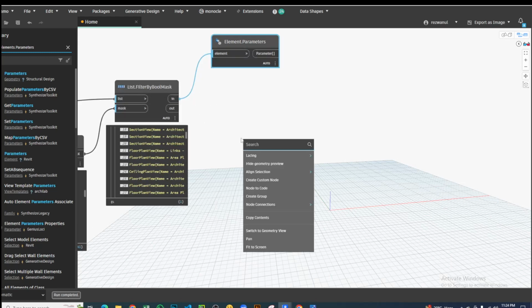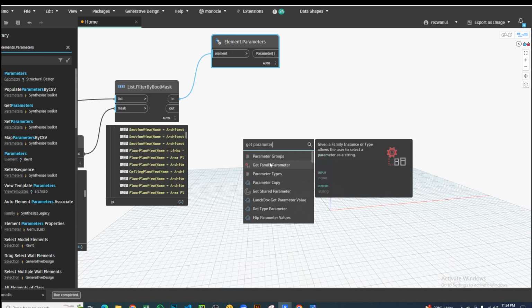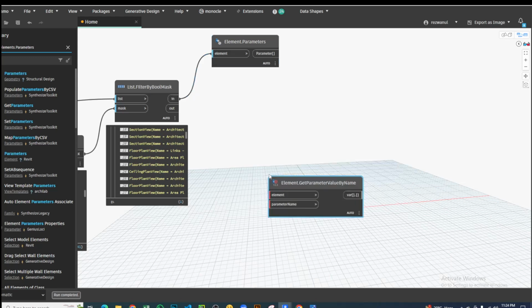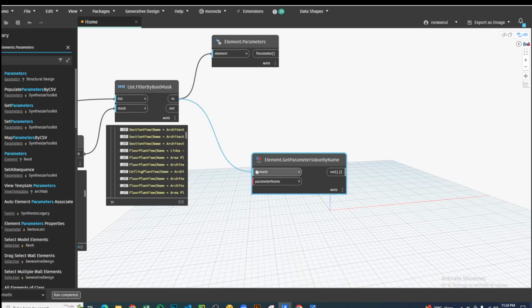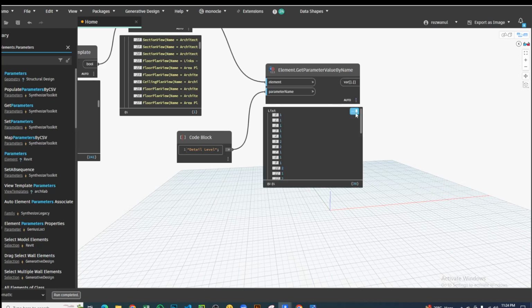So get parameter value by name, and connect this element to this element, and just write a string in this code block, detail level. If we connect this parameter name to this name,